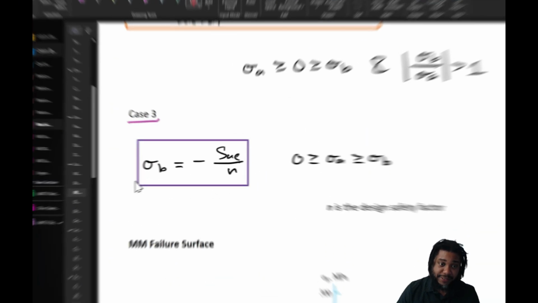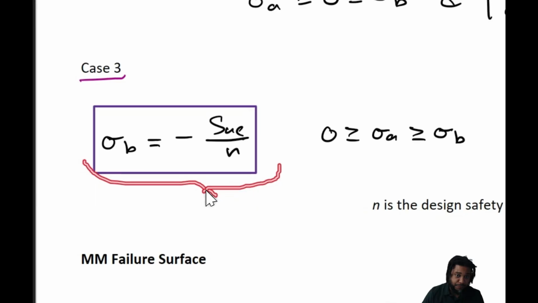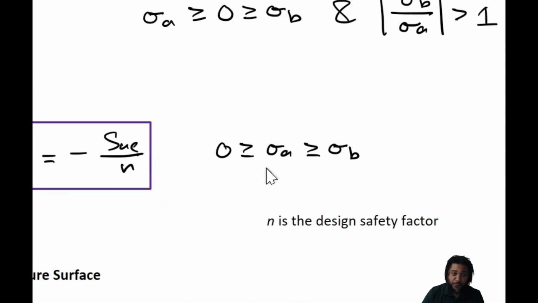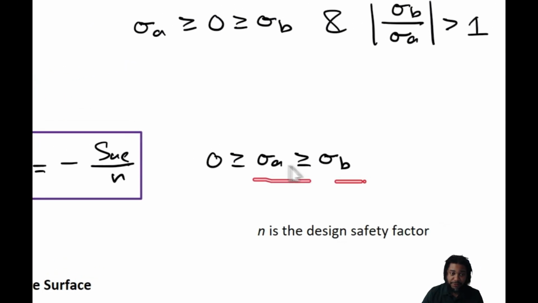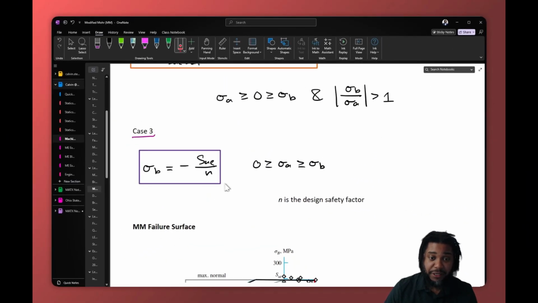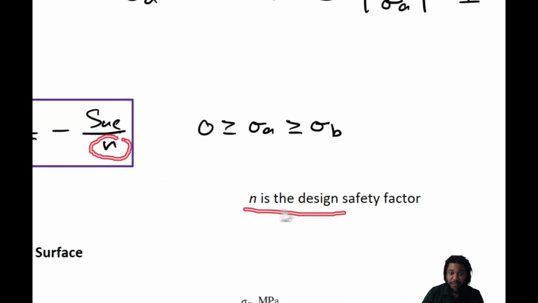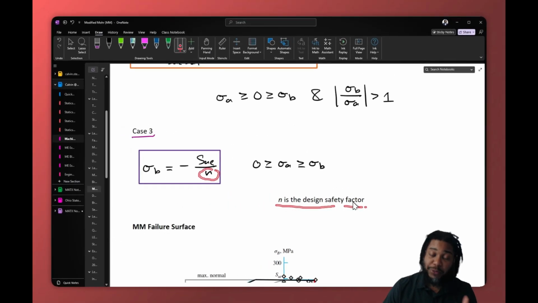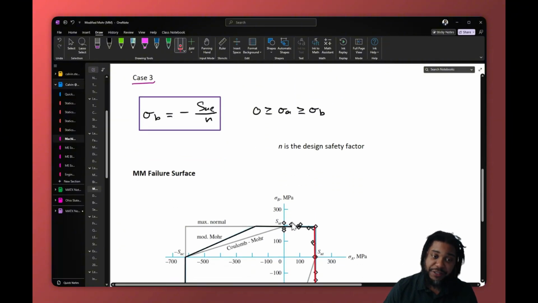Then our last case, case 3, is exactly the same as brittle Coulomb-Mohr. If both of the principal stresses are less than 0, we get a horizontal line where, again, N is our design safety factor. Now, if we plot these three cases and then we apply symmetry to it, we get the